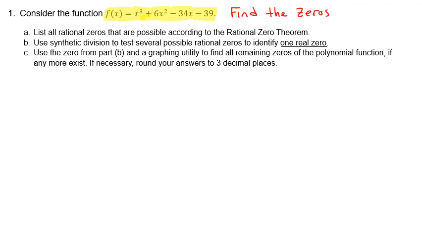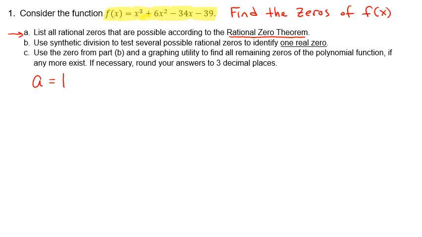Find the zeros of f of x. All right, so here's the process. We start with the rational zeros theorem. So for this function, a, the leading coefficient would be 1, the number in front of the x cubed, and